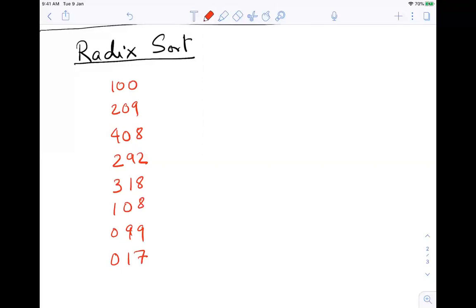Exactly. So you would have first sorted, or not sorted, but kind of sorted in some sense, by the hundreds place. Actually, not the hundreds place, but the third digit, the most significant digit.